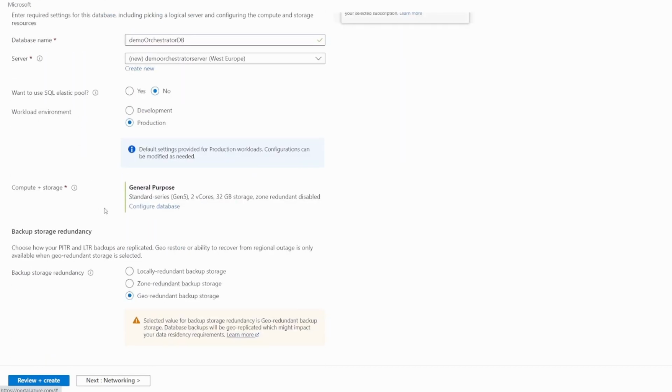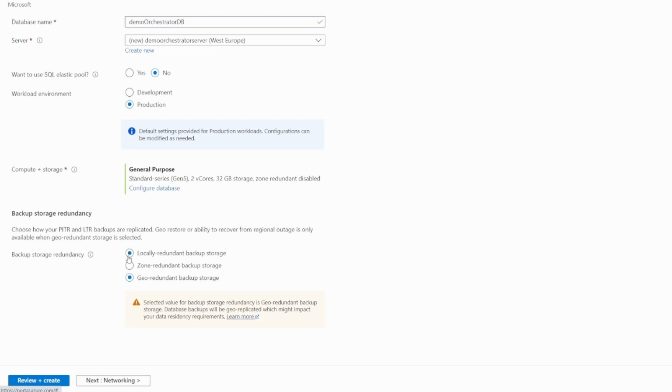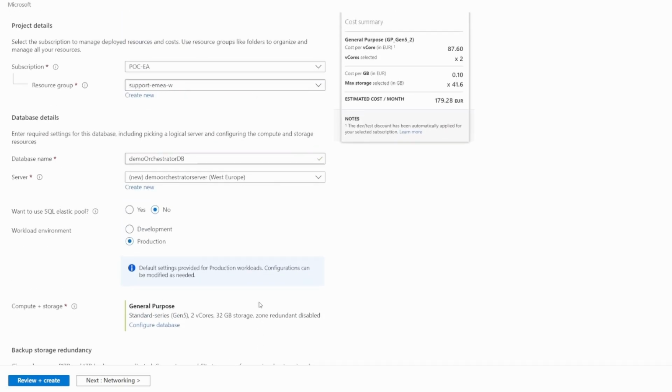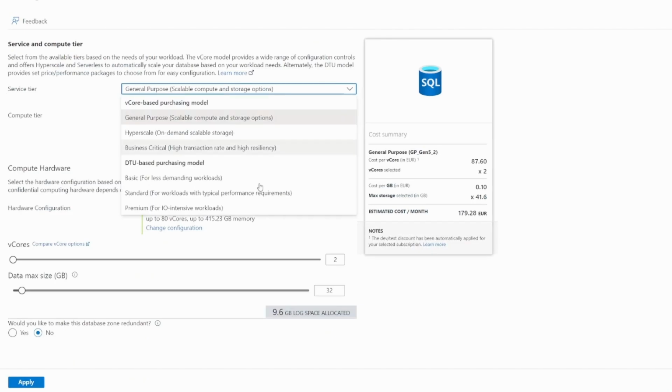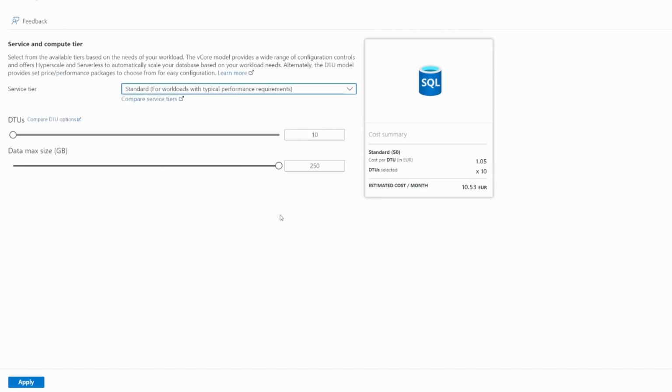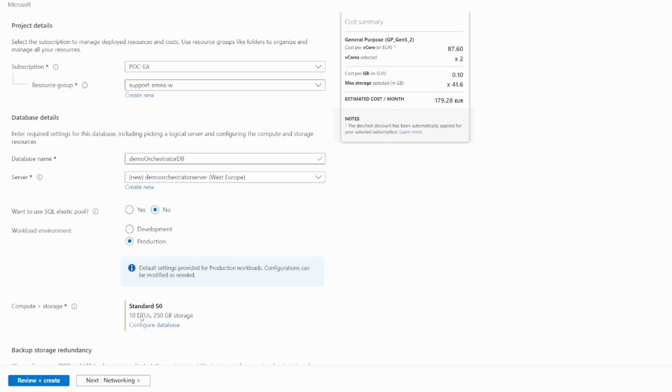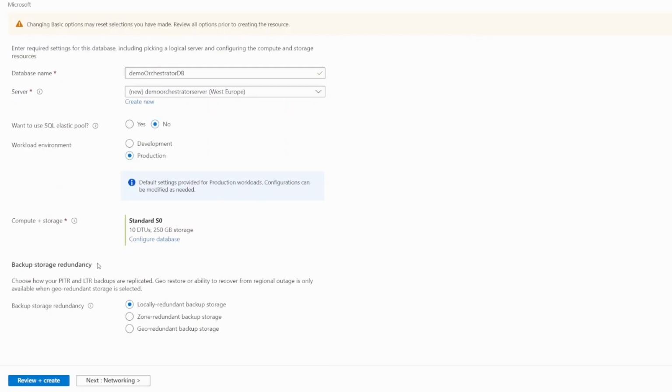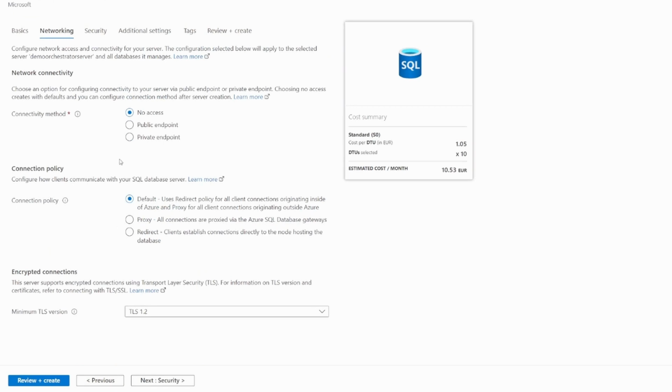Want to use SQL connection pool? No. In my case, I'm going to use locally redundant storage because I don't need all of that, and I'm going to select something cheaper because it's just an experiment in our case. Let's use a standard database. Apply. After setting this up, we're going to go to the networking step,